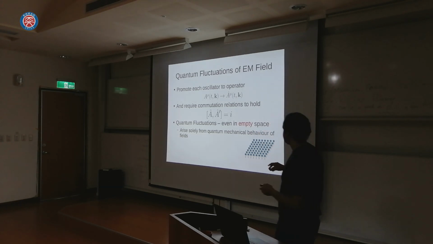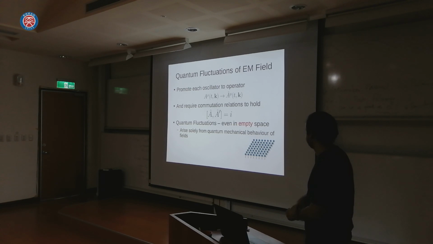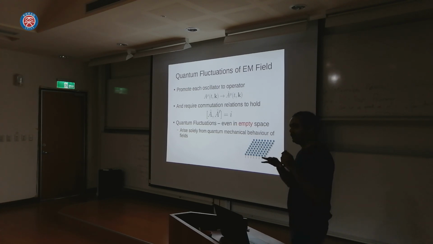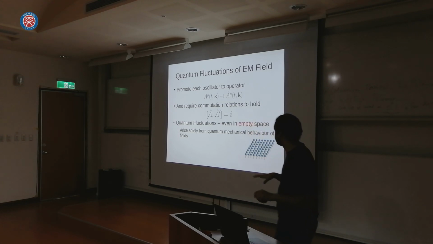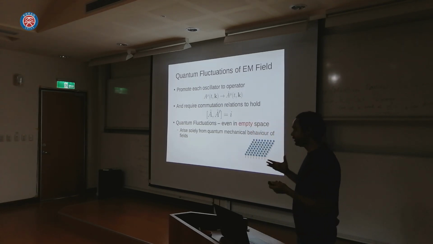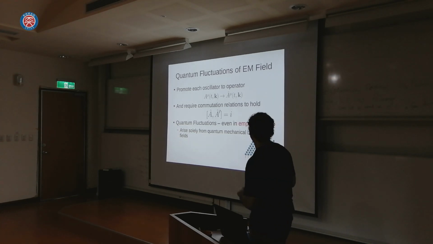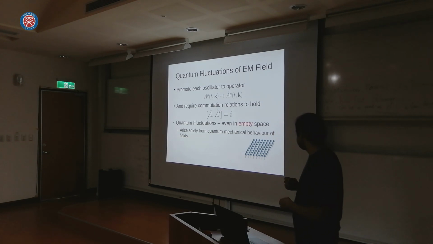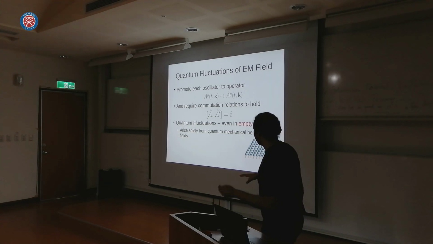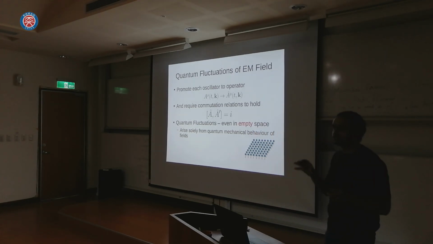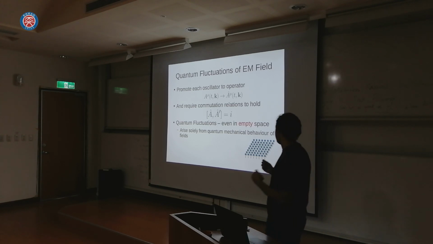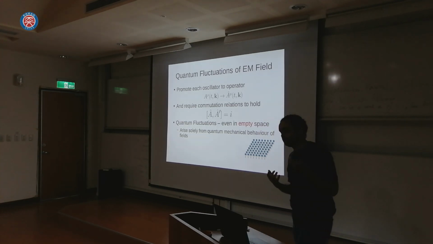So what this tells us, and what we also know from our studies before, is that even in empty space where there are no sources, the electromagnetic field has these quantum fluctuations or vacuum fluctuations which have non-zero energy. There are some indications that you can probe or test whether this exists using the Casimir effect. But at any rate, these quantum fluctuations are an inevitable consequence of the quantum mechanical behavior of the electromagnetic field.